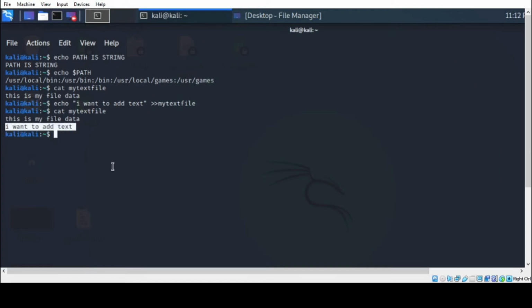Okay. Also we saw in the cat command that the single greater than symbol overrides the entire content with the new line. Just remember that. Let's perform it with the help of the echo command. Echo space string, new data.